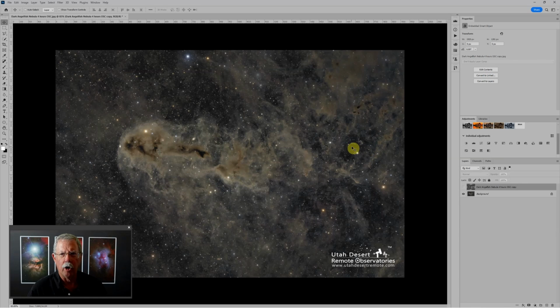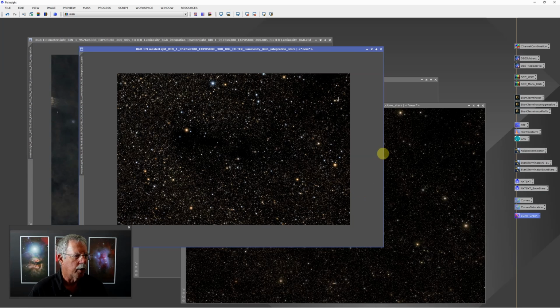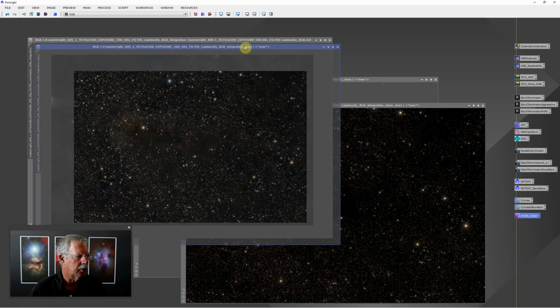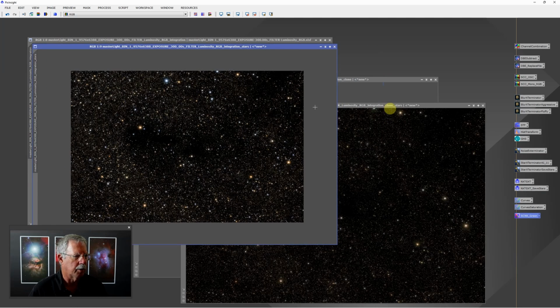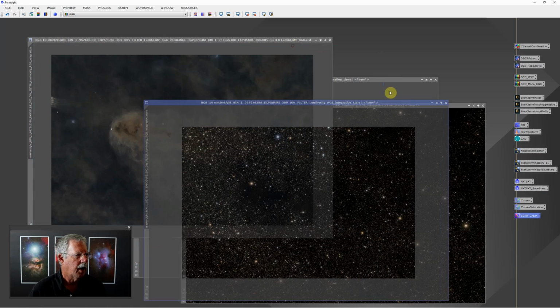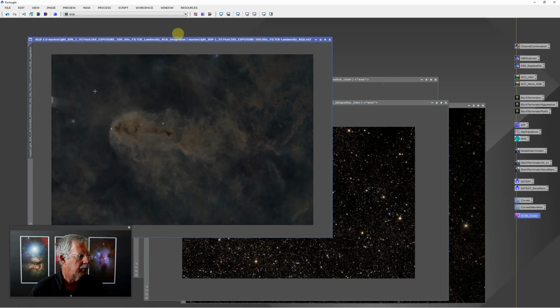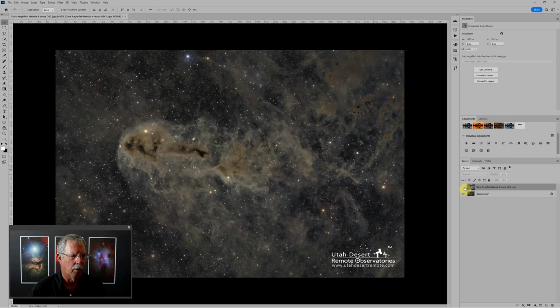So we've already gone through the PixInsight part of the process, and just to quickly review where we left off, we created the two star images, the sharp stars and the fluffy stars, and then we also saved this copy of the nebula itself as the background. And what we want to do now is load those into Photoshop and continue through the process of going to